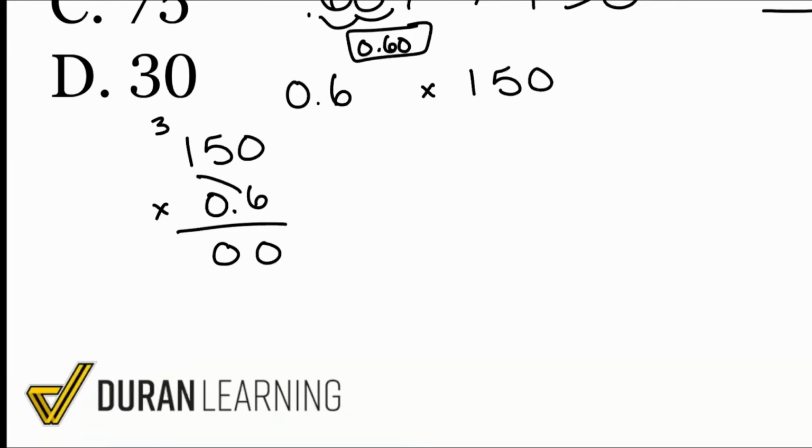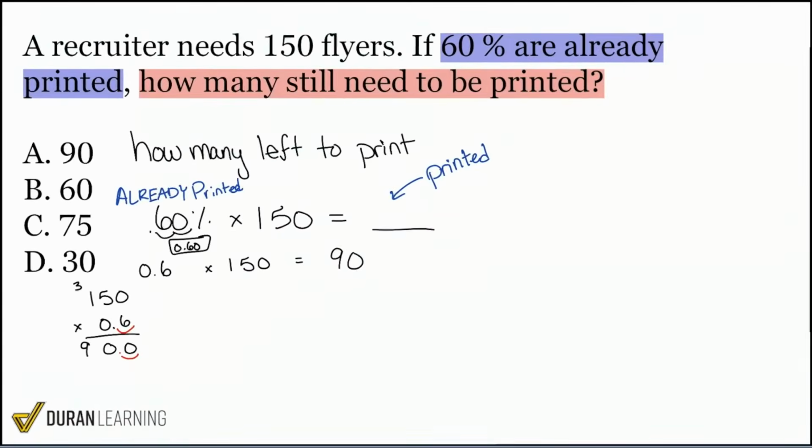And then 1 times 6 is 6, carry the 3, is 9. And we're going to bring back just 1 decimal place right there. And that'll give us 90. Boom. So we get 90, but we have to ask ourselves,